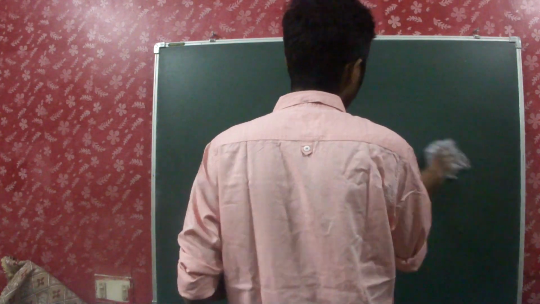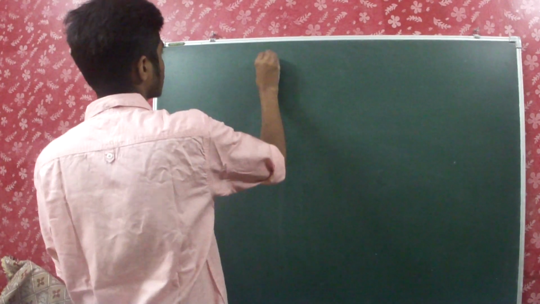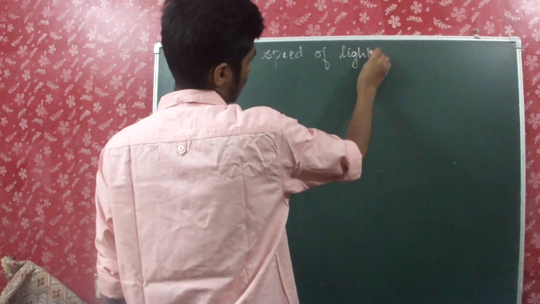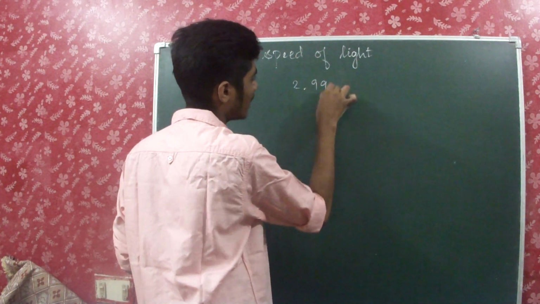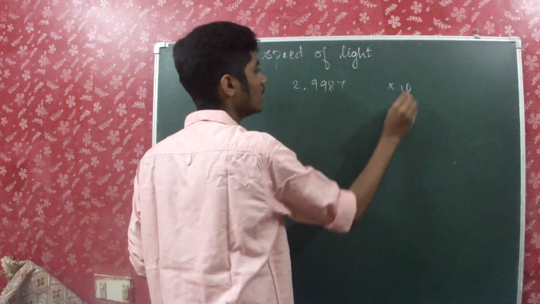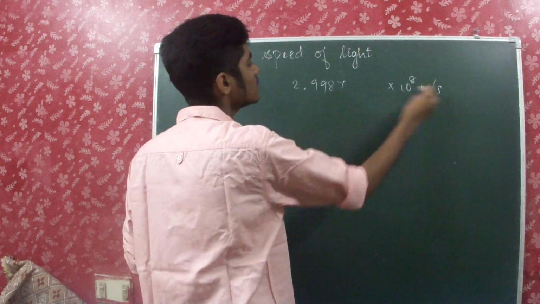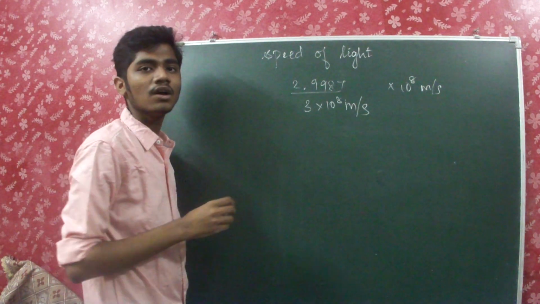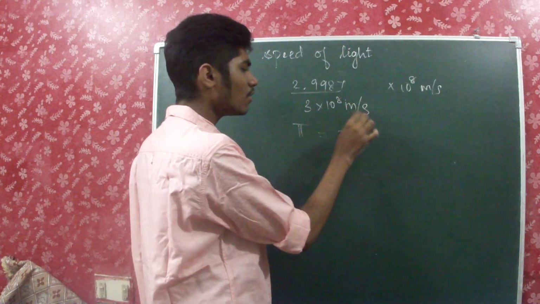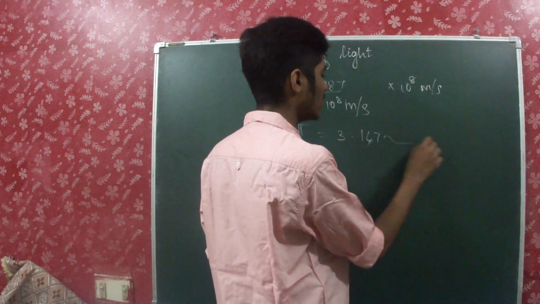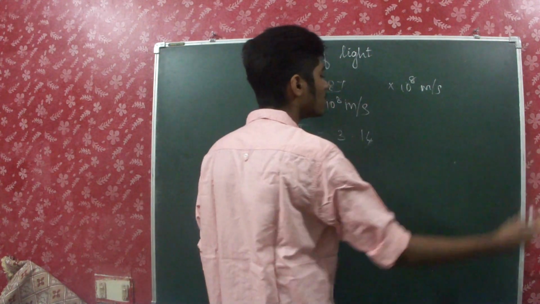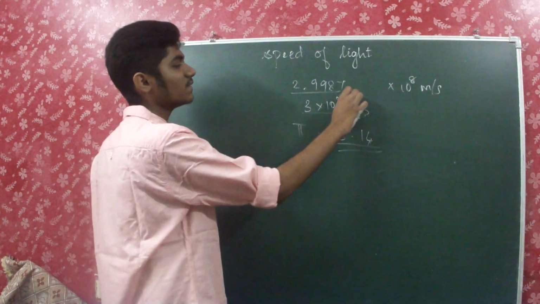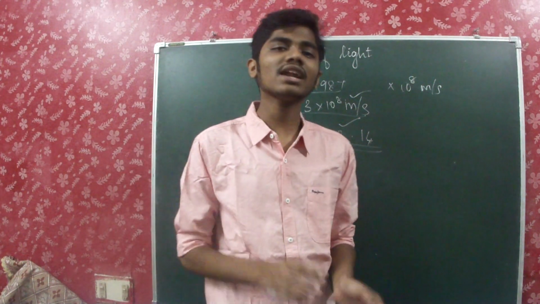And then also we have the speed of light. What's the value of the speed of light? We have 2.9987 something into 10 power 8 meter per second. This we have rounded off to 3 into 10 to the power 8 meter per second to make our calculations easier. Also the value of pi will not be exactly 3.14, it will be 3.1478 and go on. We are just omitting this part to make our calculation easier. That is, we are rounding off this factor and many other factors just to make our calculations easier.